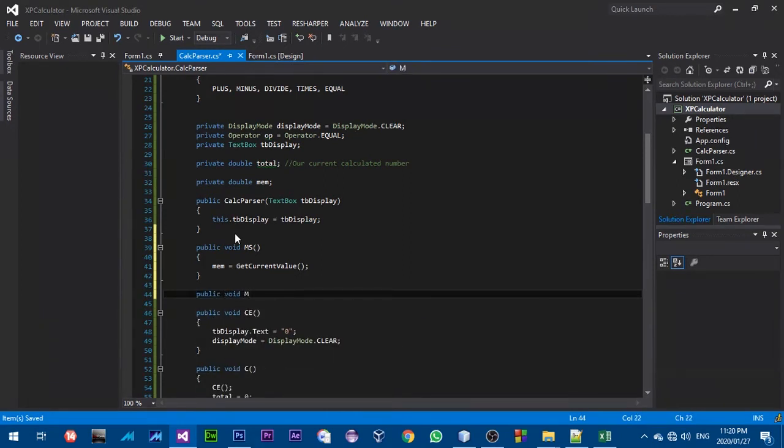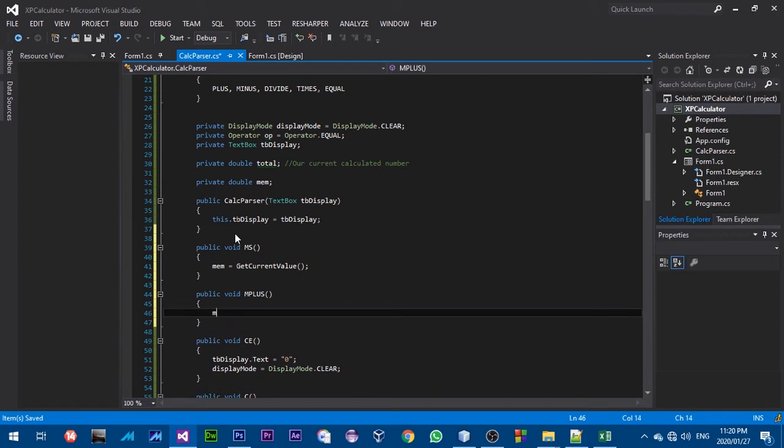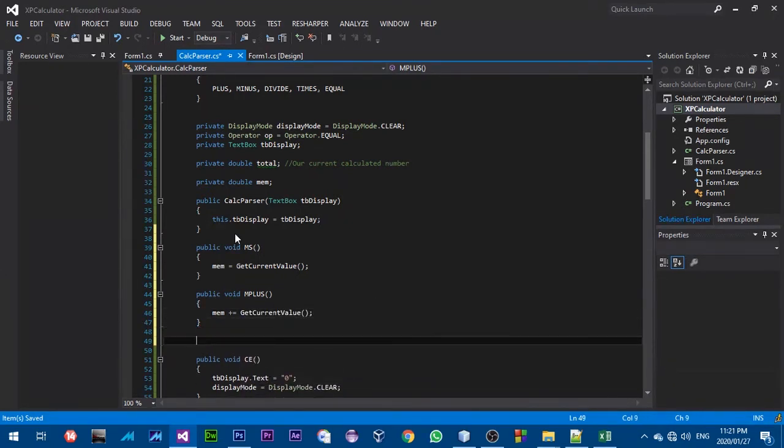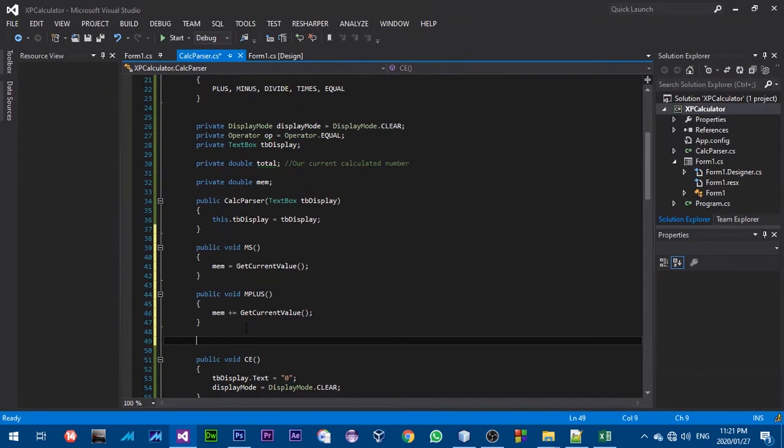And then I'm gonna have the m plus method, and I'm simply gonna add to the current value, and then I have the mr method. I'm gonna have the mr method here,